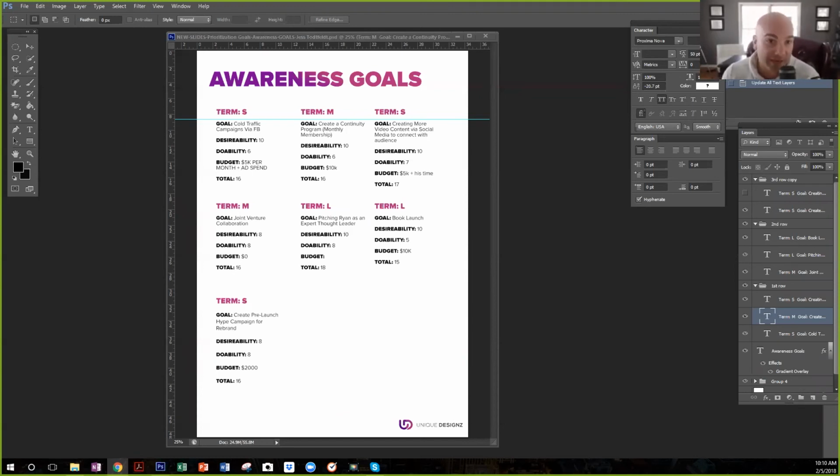Doability, same thing. Budget: what kind of budget do you have in place for this particular goal? And then the total will be a number up to 20. The most we can do is 20, because if you have a 10 desirability and a 10 doability, that means we should have that done tomorrow.